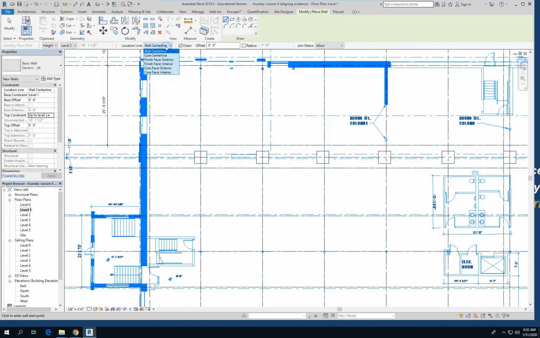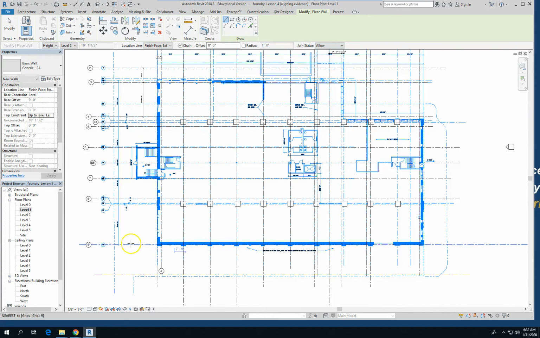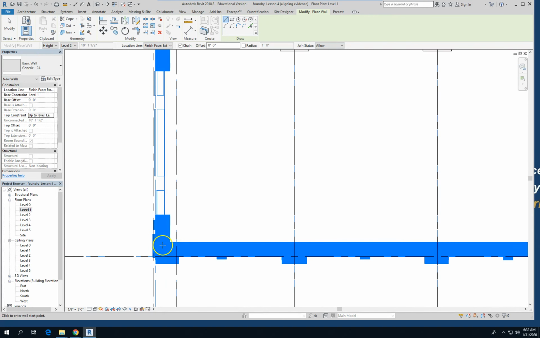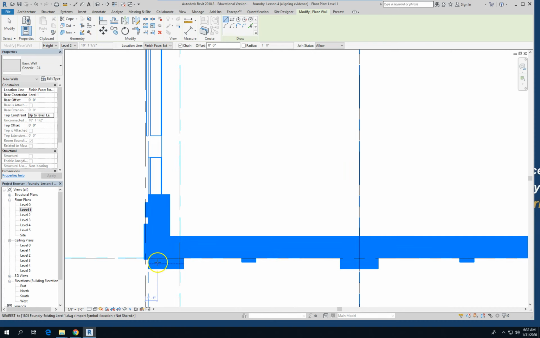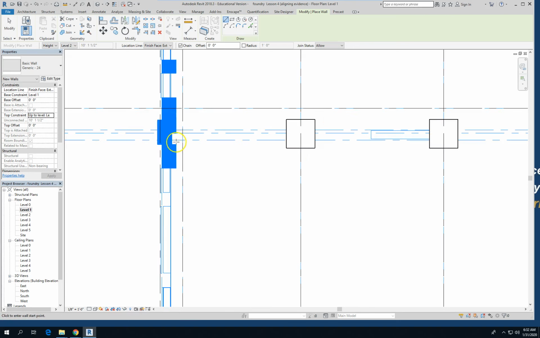And draw not from center line but finished face exterior, so we draw in a clockwise direction. You could do the reverse, draw anti-clockwise and from finished face interior, but I think it's better to,